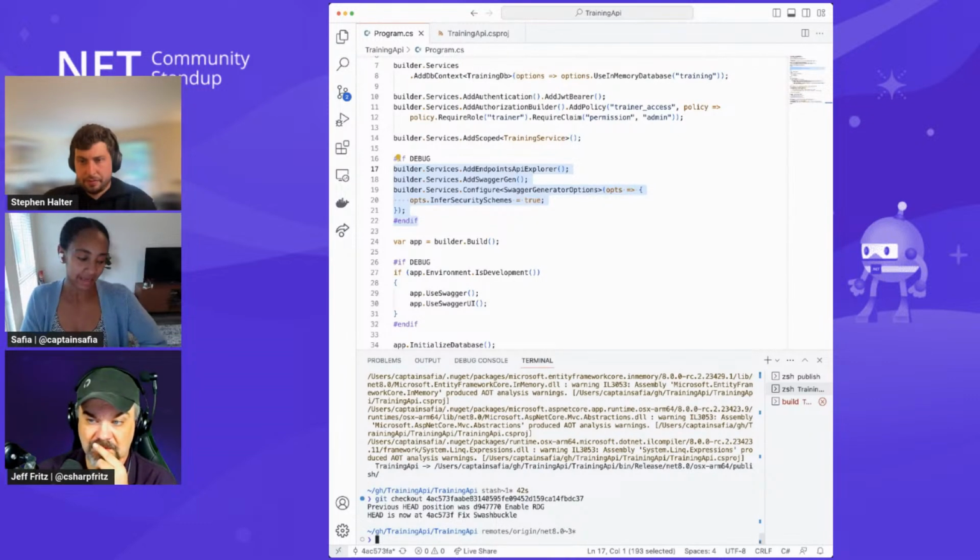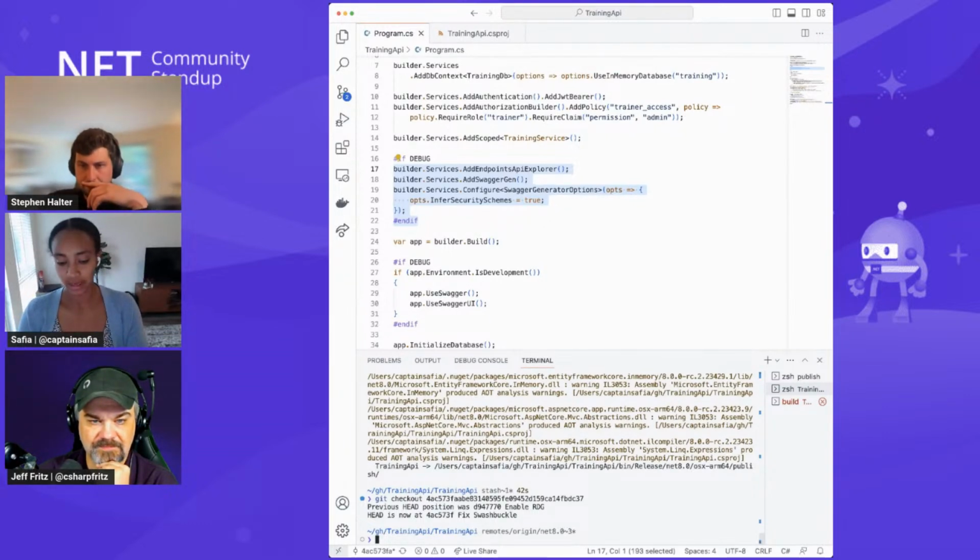Yeah, and for those of you who are curious to see some of the numbers behind this, I recommend checking out the .NET 8 Preview 3 blog post, which has some numbers that showcase some of the improvements that you get for turning on native AoT in your application. Okay.